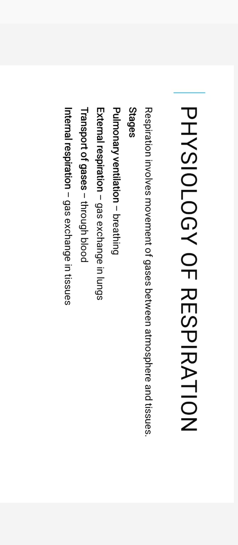Next, physiology of respiration. Physiology of respiration refers to the processes involved in breathing and gas exchange. Respiration occurs in several stages. The first stage is pulmonary ventilation, which refers to the movement of air into and out of the lungs. The second stage is external respiration, where oxygen moves from alveoli into blood and carbon dioxide moves from blood into